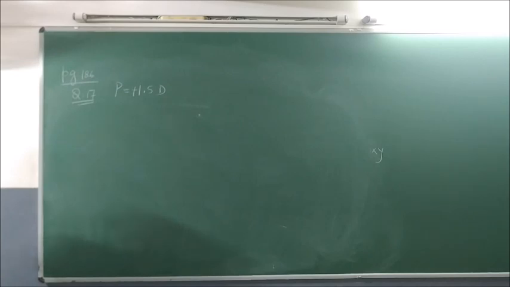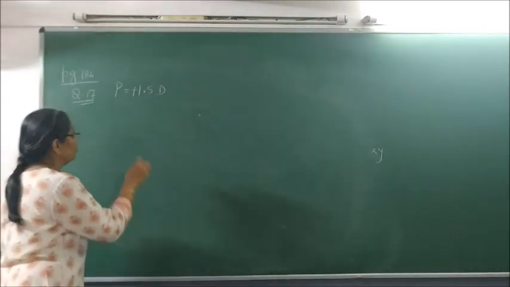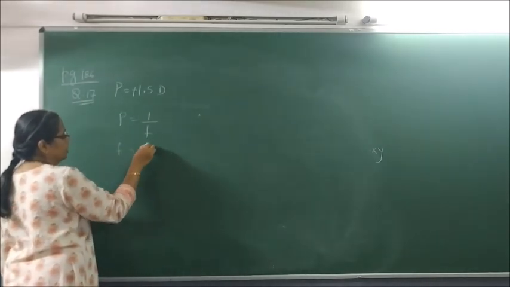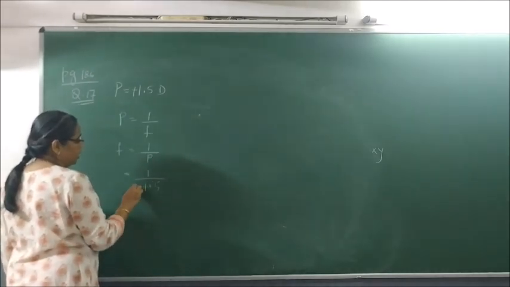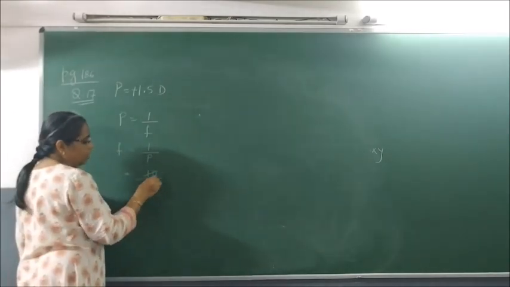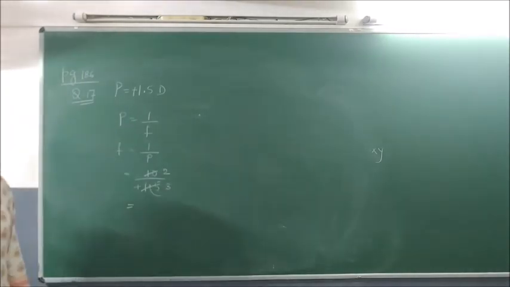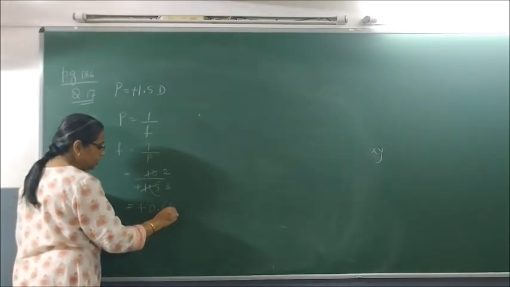And which lens? Convex lens. Convex lens is converging or diverging? Converging. What is the focal length of the lens? So P is equal to 1 by F. So F is equal to 1 by P, which is equal to 1 by 1.5. That can be written as 10 by 15. So 5 2s are 10, 5 3s are 15. So 2 by 3, and 2 by 3 is 0.66, plus 0.66 meter.